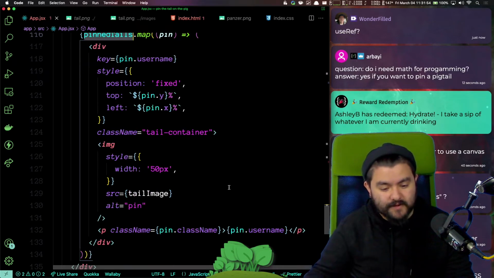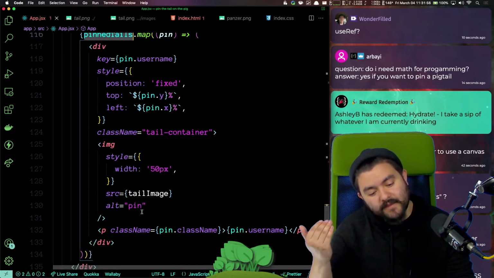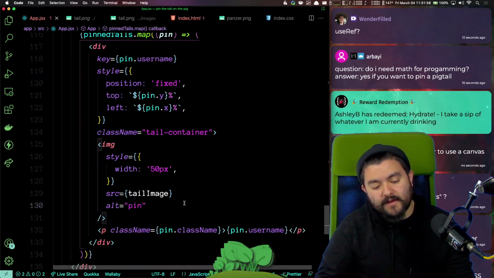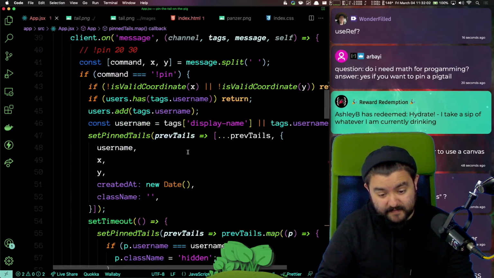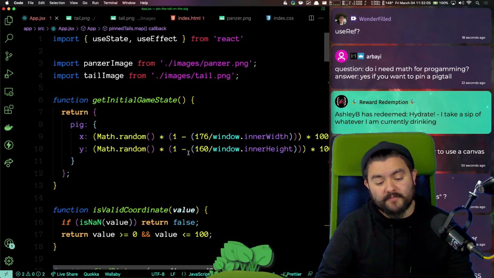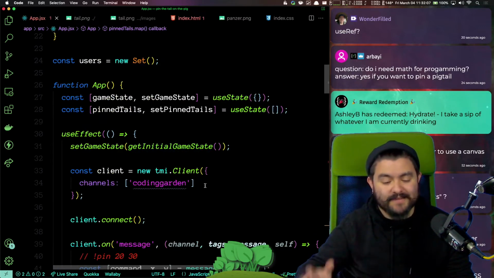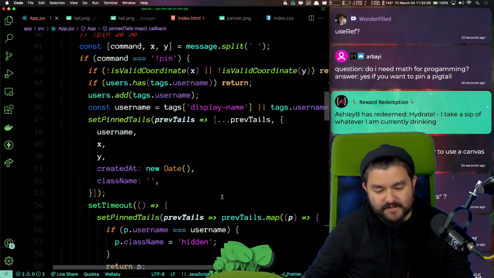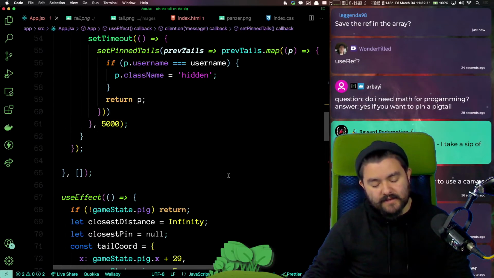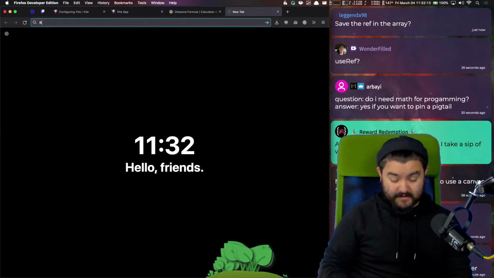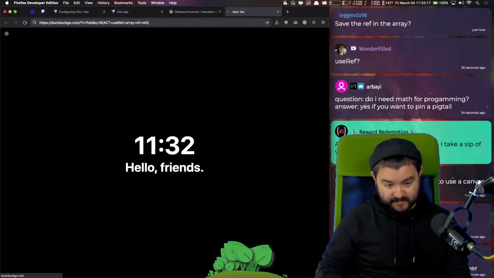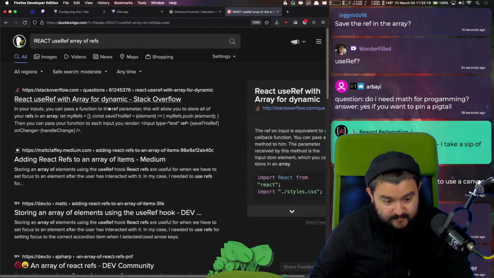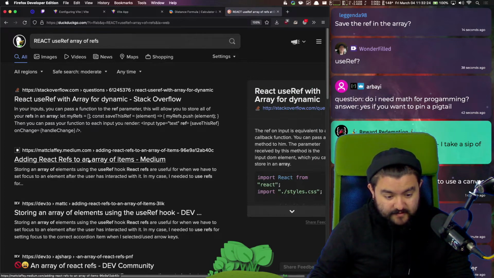So how do we do use ref with an array of elements? It's probably possible. I think I'm going to figure that out because that's going to be the easiest way to get the actual bottom left location of that tail. All right, React use ref array of refs. Adding React refs to an array of items.